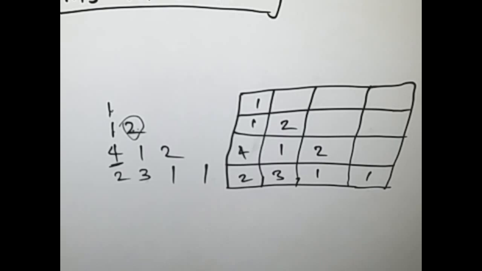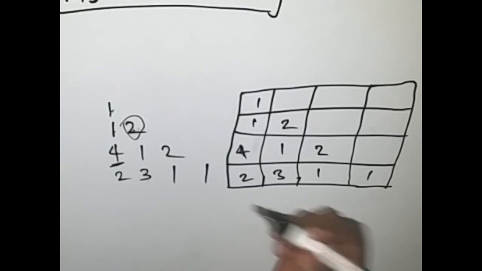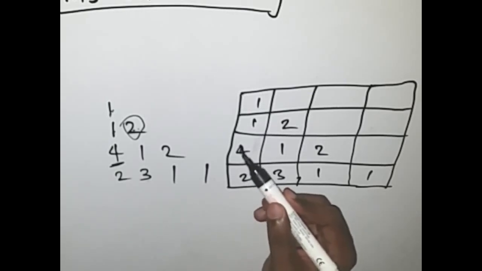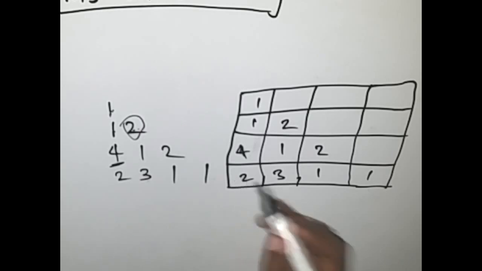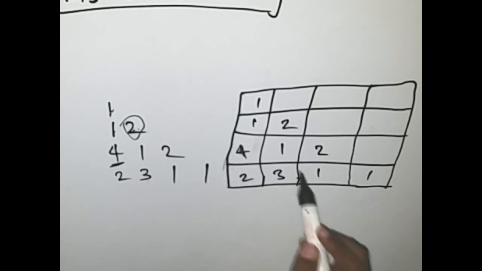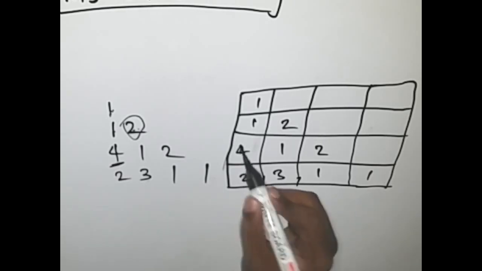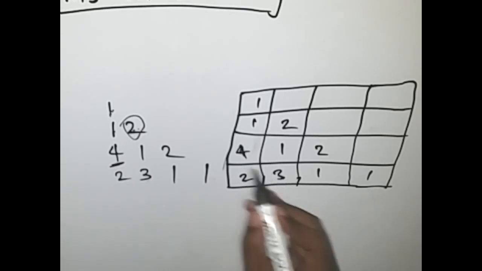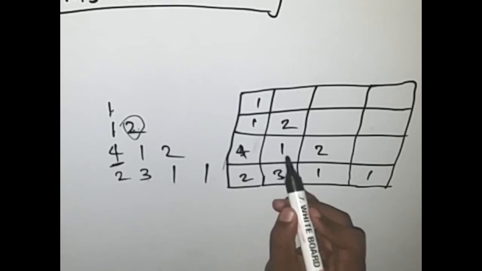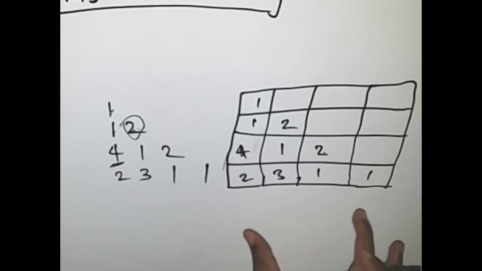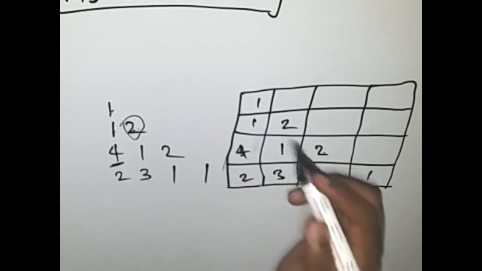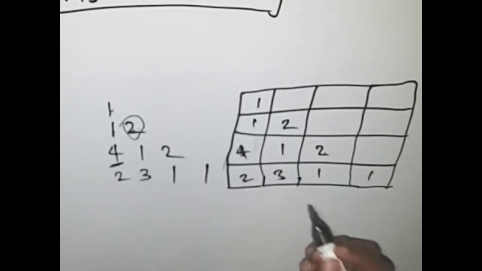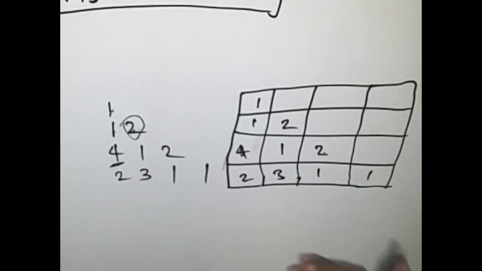As I said, we use the bottom-up approach. We go to the second last row and take this as the first element, and see if we can solve the problem for this smaller triangle. What that means is we take 4 and add it to the maximum of 2 or 3. We take the maximum of 2 and 3 and then add it to 4, and the same thing is done with 1 and 2. So we keep on reducing the size of the triangle till we get to the upper element, and we get the answer of the problem in the upper element. So let's try this problem.